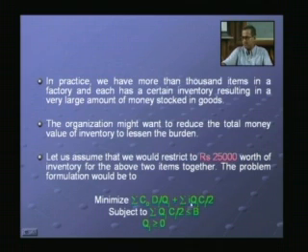So, we have the same objective function to minimize the total of the ordering cost and carrying cost, subject to the condition Qj Cj by 2 less than or equal to B. This is the money value of the items, this is the restriction, the 25,000 that we have, the money value of the items at an average locked up in inventory, Qj greater than or equal to 0. Once again we realize that this constraint is violated,